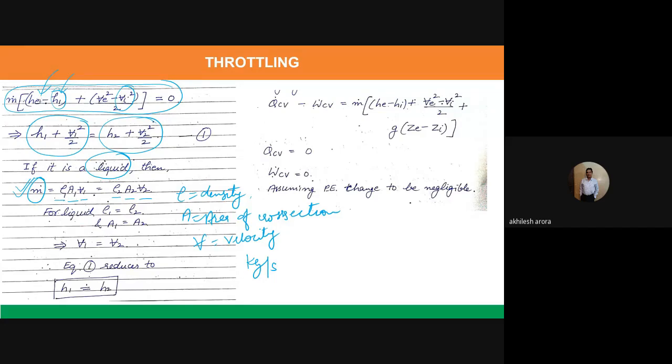Whatever mass is entering the pipe should be leaving the pipe also. It is the conservation of mass, also known as the continuity equation. You will be studying this in fluid mechanics, which is also a part of this particular course. So rho1 A1 V1 is equal to rho2 A2 V2. Now what happens in case of liquids? The density rho1 is equal to rho2, because in case of liquids there is very little effect of pressure.